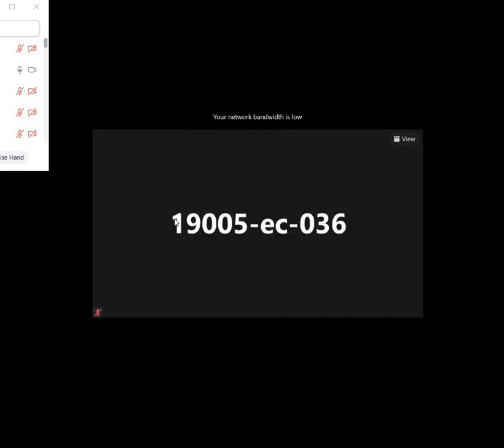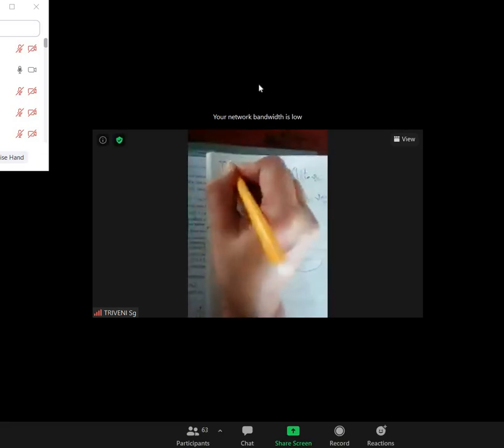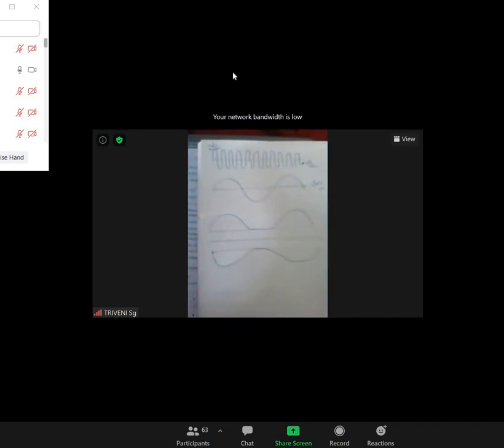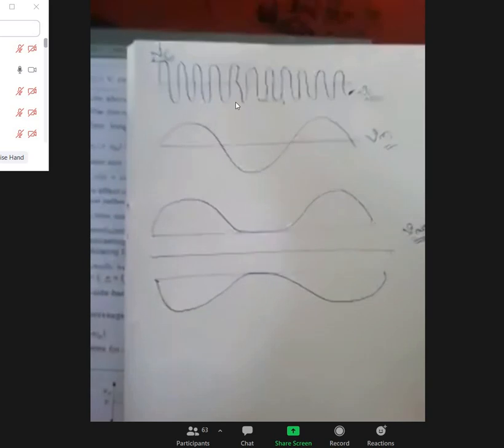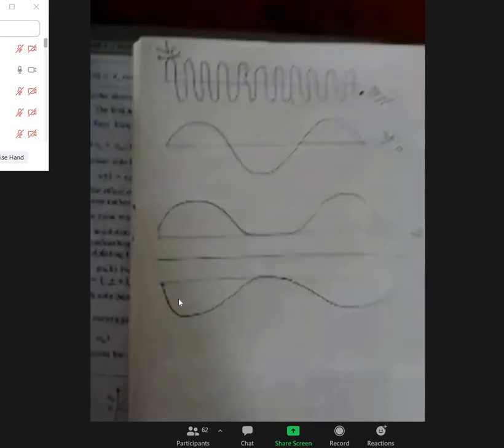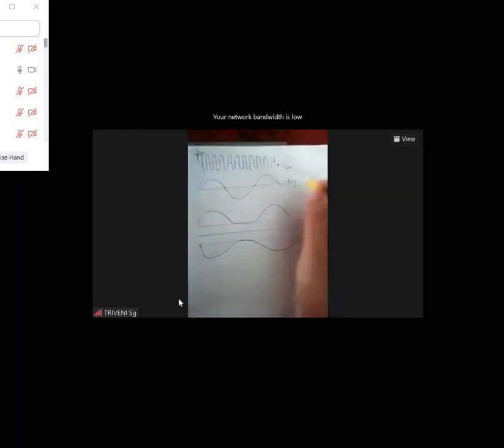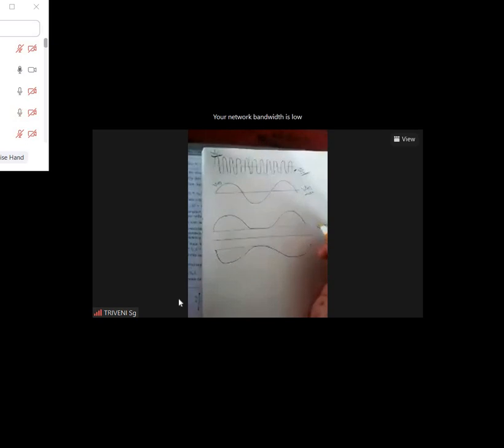Now, coming to the amplitude of each and every signal, capital Vc. As per our convenience, simply I am taking the letter V only in order to indicate the message signal as well as the amplitude, that is the maximum value of the amplitude of each and every signal. Capital Vc is the maximum amplitude of the carrier signal and small vc is the carrier signal. Small vm is the message signal and capital Vm is the amplitude of the message signal.